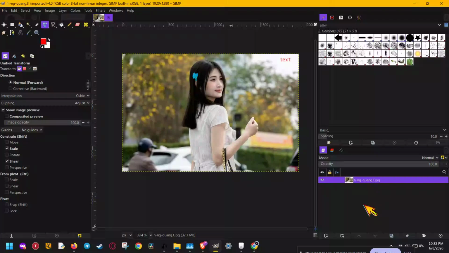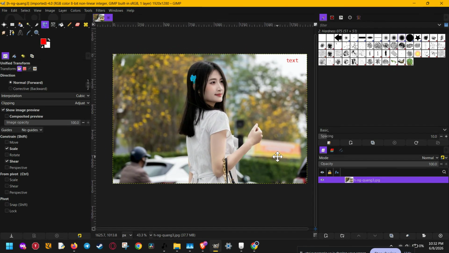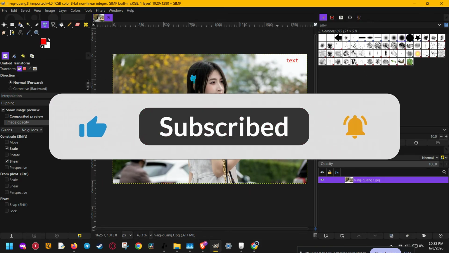If you want to quick select in Gimp, you're in the right place. In this video, I'm going to show you the fastest ways to select objects and regions in Gimp, even though Gimp does not have one single quick selection brush exactly like Photoshop. Instead, Gimp gives you powerful tools that can get the same job done quickly and accurately. We'll cover the Fuzzy Select Tool for solid backgrounds, the Foreground Select Tool for complex subjects, and Quick Mask Mode